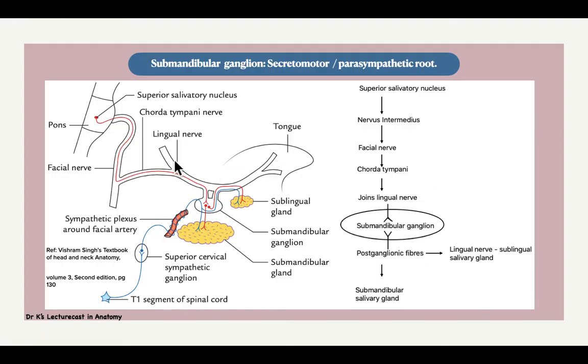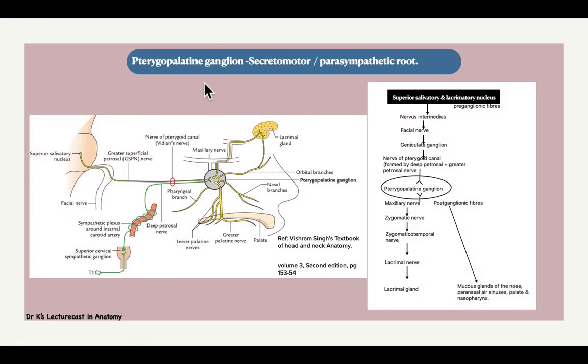The ganglia related to the facial nerve, I told you, are the pterygopalatine ganglion, geniculate ganglion, and submandibular ganglion. So for a revision again, I have added the pathway of the submandibular ganglion, the secretomotor pathway from the superior salivatory nucleus to the salivary glands, and then the pterygopalatine ganglion. And here the geniculate ganglion is also related. So these are the pathways which you can revise here. And whenever the facial nerve is asked, you should also mention the ganglia related to the facial nerve as well.